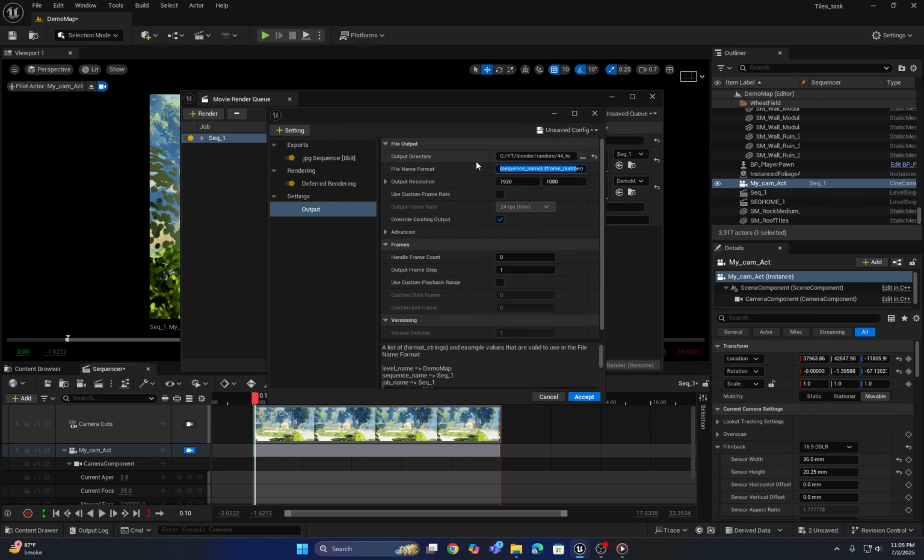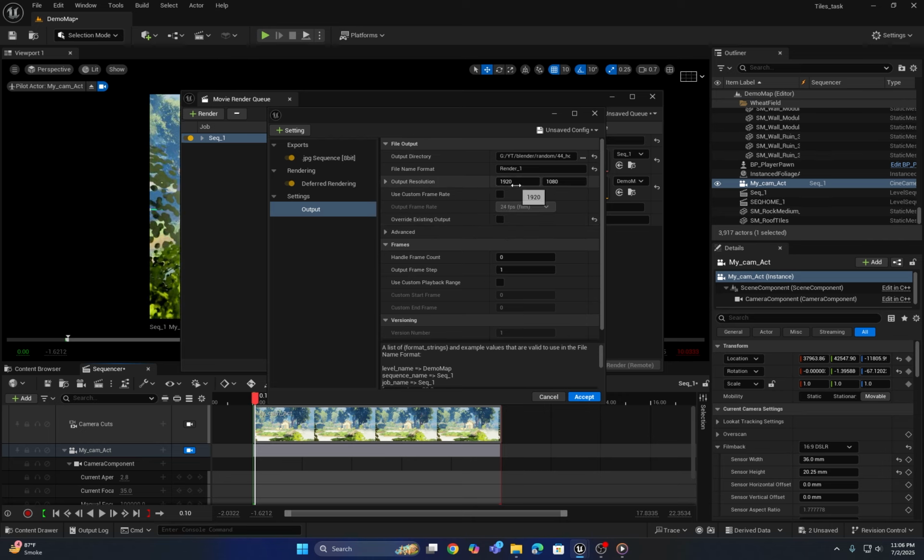and give it a proper file name. It's important to uncheck the override existing output option. This is because, especially for beginners, if you don't carefully name your file, the newly rendered frame might have the same name as the previous ones, causing them to overwrite the earlier renders. This can result in only the last frame being saved and all your time being wasted. So to avoid this, make sure to uncheck that option.